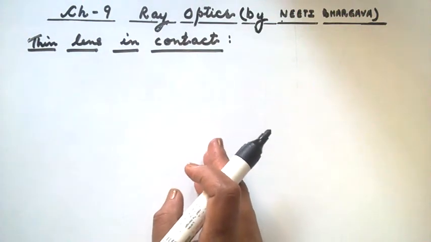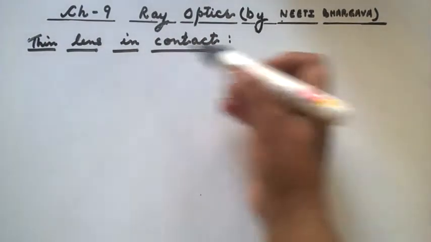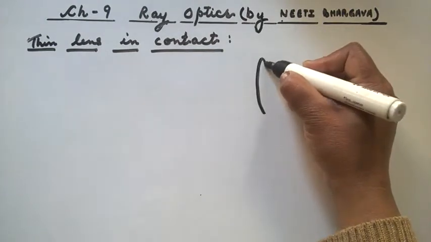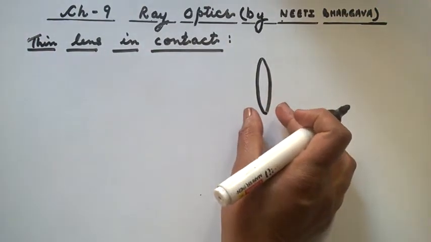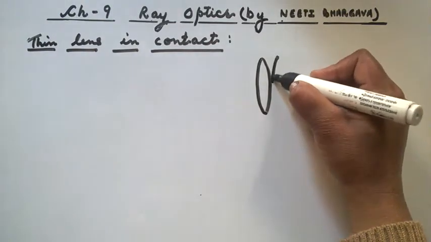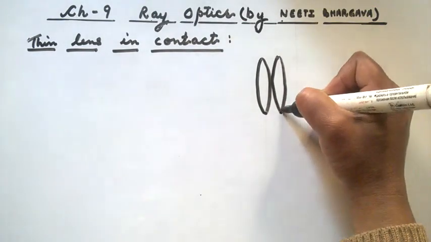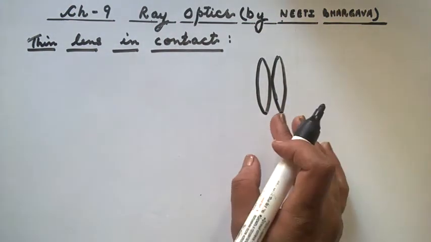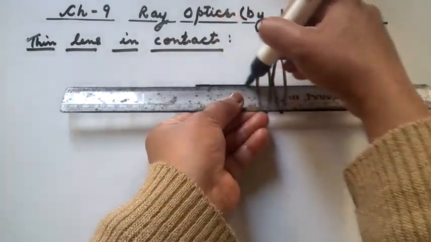So to remove these defects, we use two or more than two lenses in contact, and the lenses which we take are thin lenses. Thin lenses have a large radius of curvature, that is, they are more curved and less thick. And here we are using two lenses to get a sharp and bright image. We take combinations of the lenses to get sharp and bright images, and here let us consider two lenses,